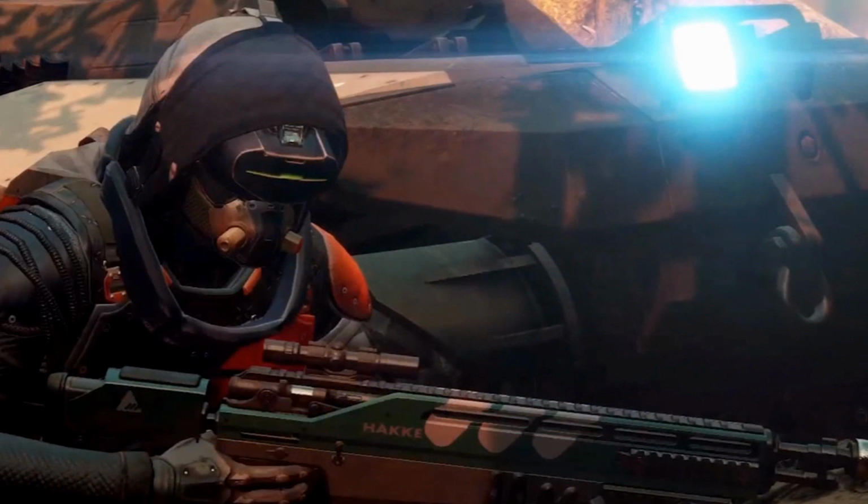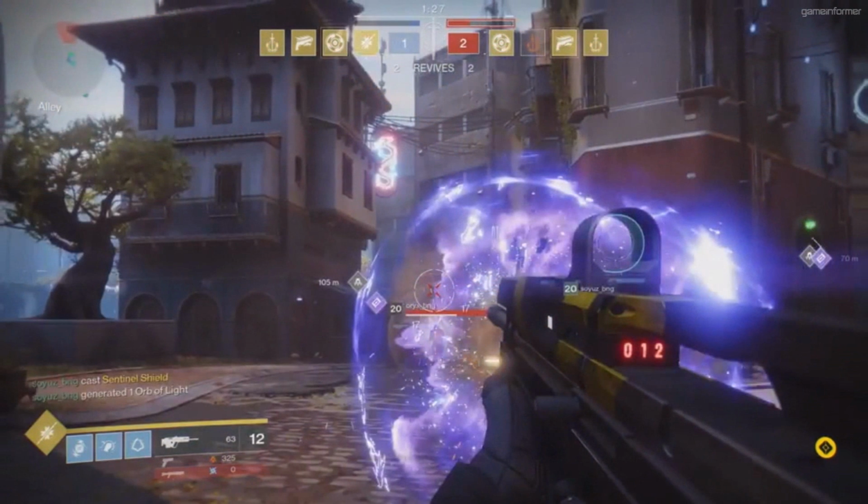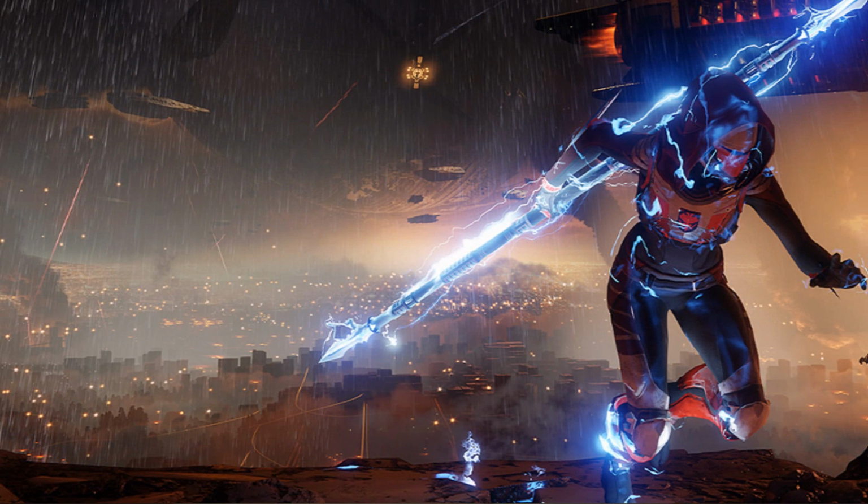I could have gone deep into the factions and mentioned that each of the three factions we know and love, Future War Cult, New Monarchy, and Dead Orbit, have shown up in the reveal in sneaky ways. I could have covered this first-person image of the Sentinel Titan and the Sentinel Super blocking 2 shots from a golden gun before breaking, or discussed this first-person view of the Arcstrider Hunter and the fact that the most recent This Week at Bungie mentioned the Arcstrider will be playable at E3, as well as countless other topics and generic